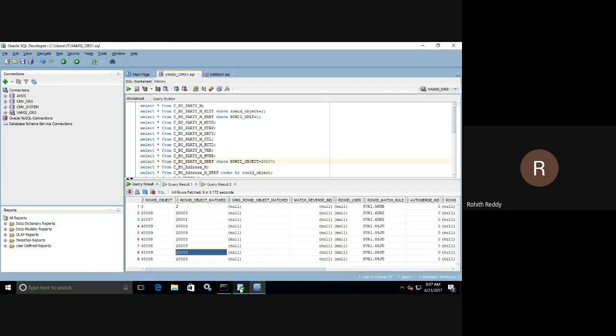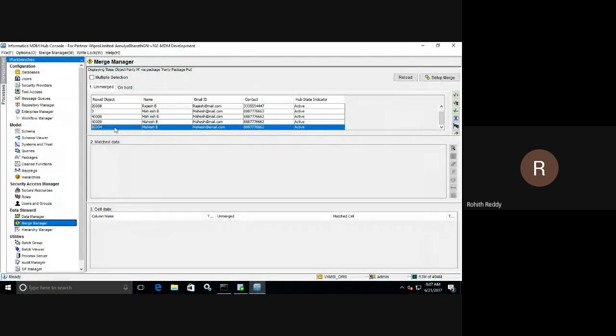Whichever records have a consolidation indicator of 2 will be displayed over here. If we make this record queue for matching,